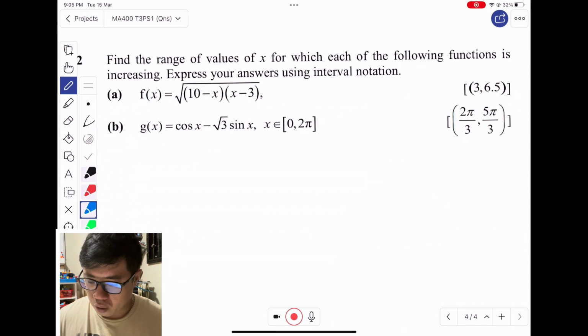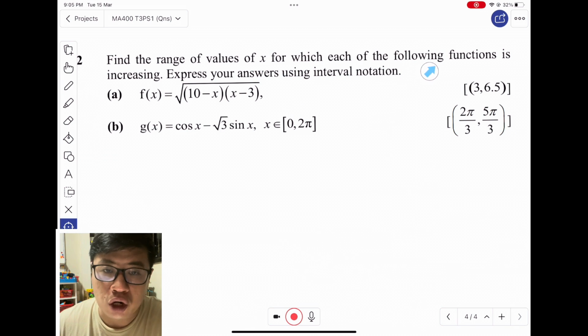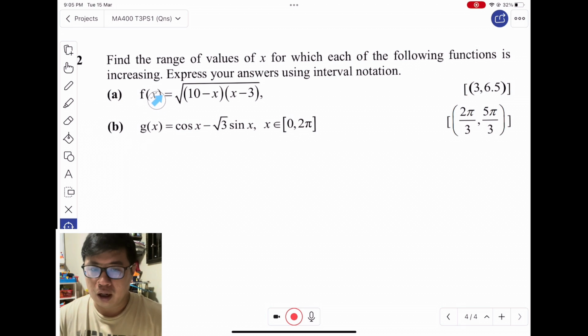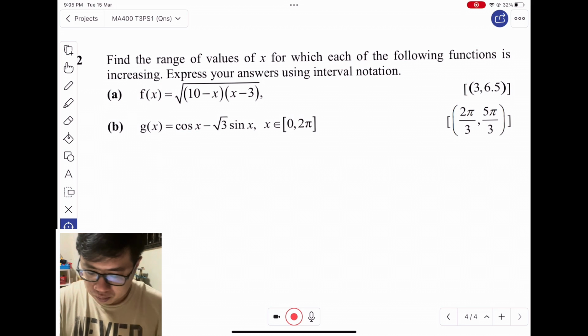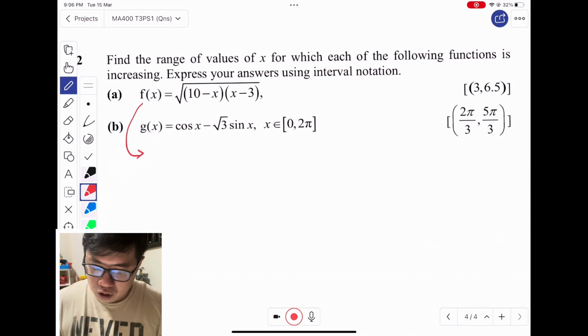Now this question requires us to look at, again, the range of values of x for which each of the following functions is increasing. So again, what I want to do is find the f prime x, in this case because it's f(x). We want to look at the f prime x. Okay, so over here, let's consider expanding my f(x). So f(x) here,